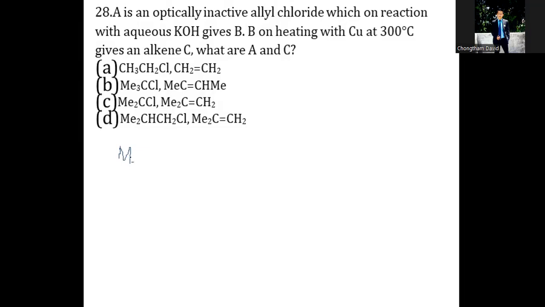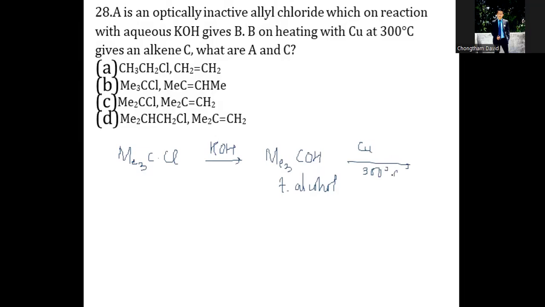So let us build up the structure of A. Optically inactive allyl chloride, which on treatment with potassium hydroxide gives B. This must be a tertiary alcohol. I write here T alcohol, tertiary. And on treatment with copper at 300 degrees Celsius, this gives